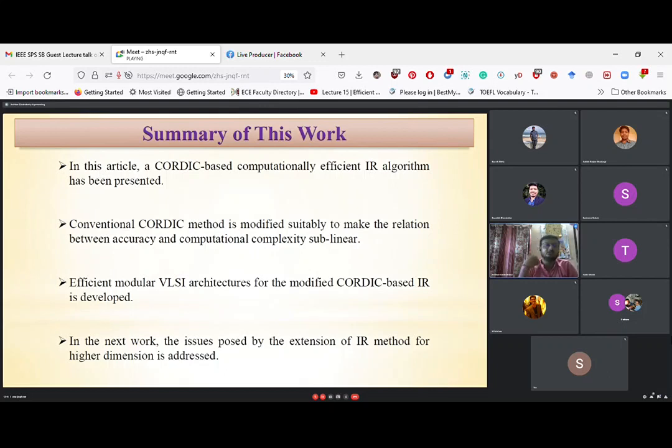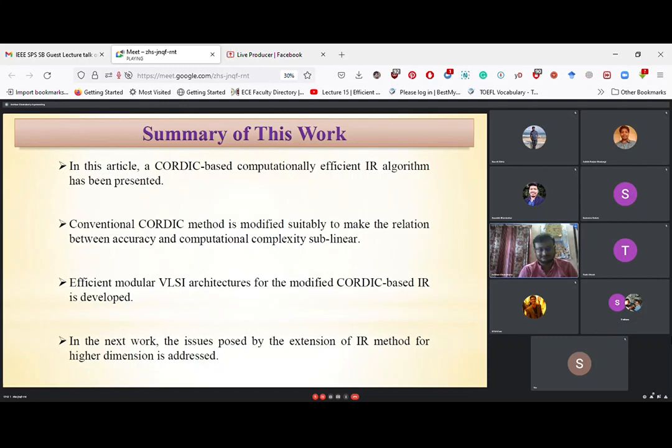So if we utilize the normal CORDIC, then there is a limitation. That is the accuracy and the bit length, that is the computation time. It is linear. But in case of software, we can go for high accuracy, and the computation time will be the same because the GPU will process it, and it is highly efficient. GPU is though costly, but it is highly efficient. So if we increase the bit width or accuracy, then the time complexity will not be increased much more in case of GPU or software. That is, it is highly flexible.